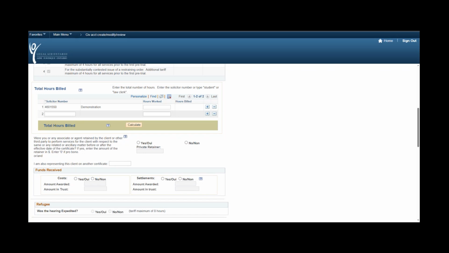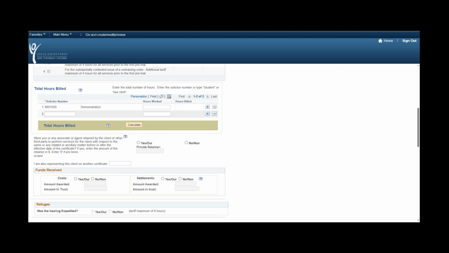An individual who holds a license to practice law and wishes to provide legal aid services must apply and be approved for roster membership before providing any legal aid services or submitting any accounts for legal aid services, and they cannot be paid for services provided until their application is approved. You can see our Better Billing Bulletin, issue number 58, which was issued June 17th of 2024 for more information on that. If you have a paralegal that assisted with any work on this file, you are able to bill them as a law clerk. The total hours billed on your docket should add up to your total hours worked that you're